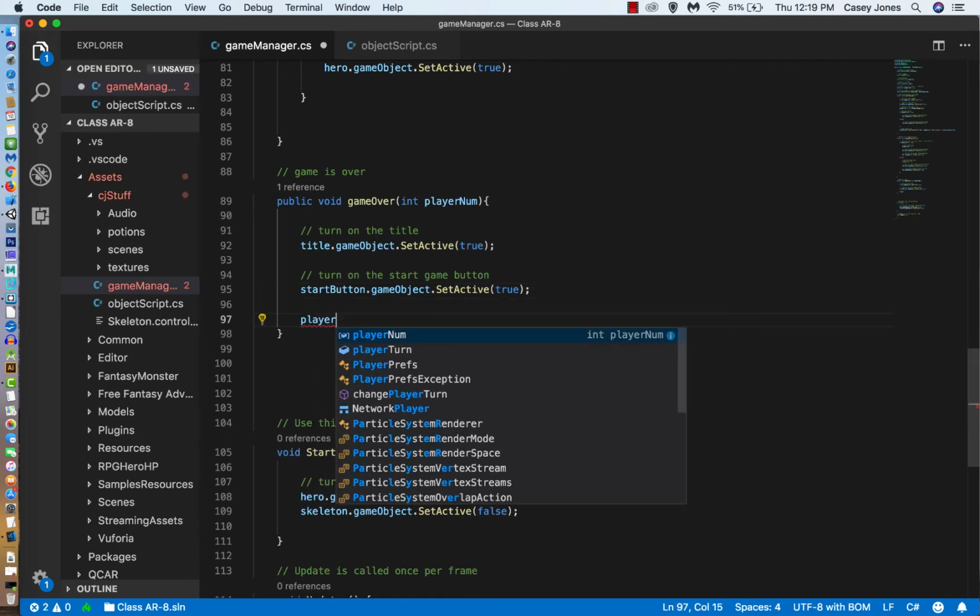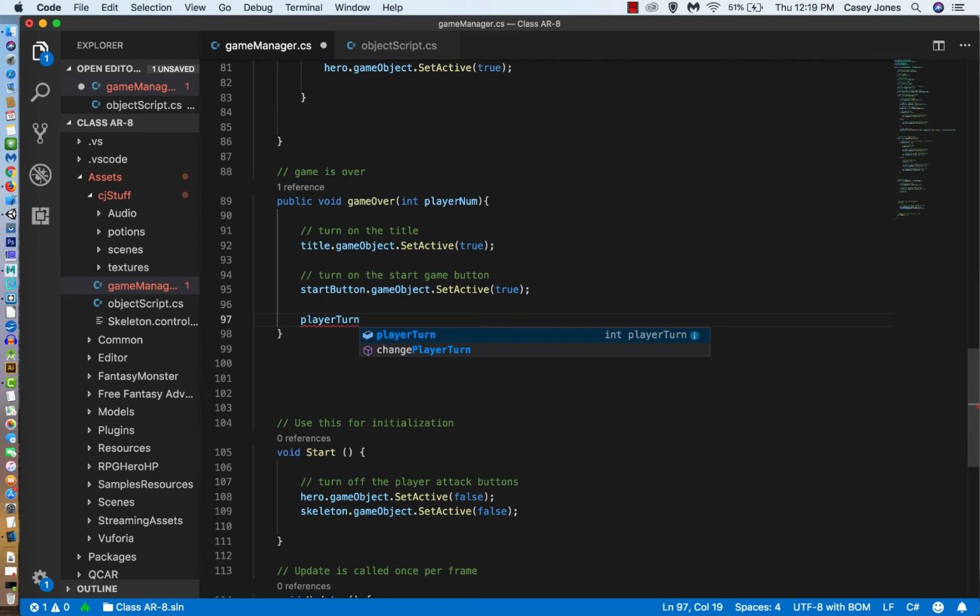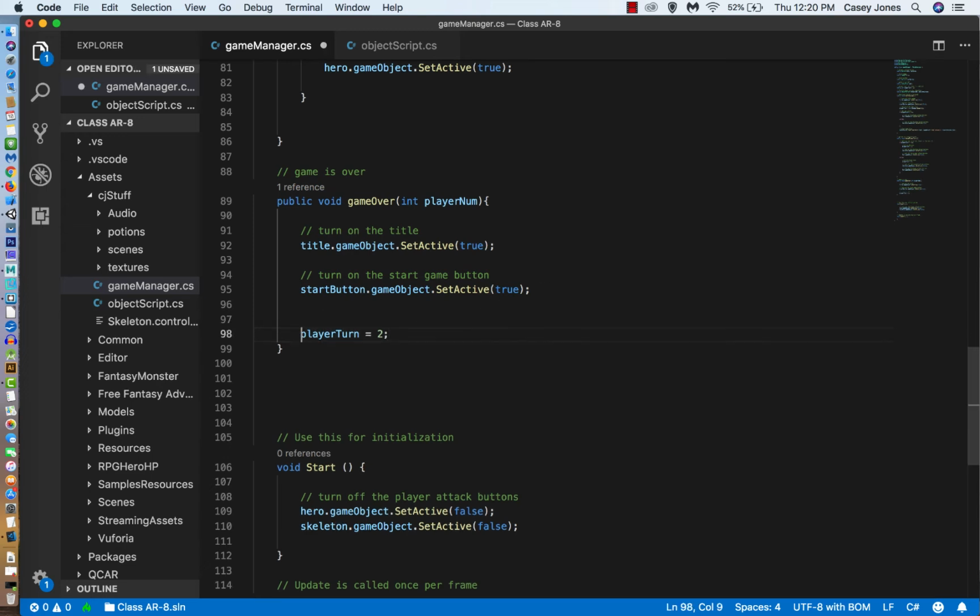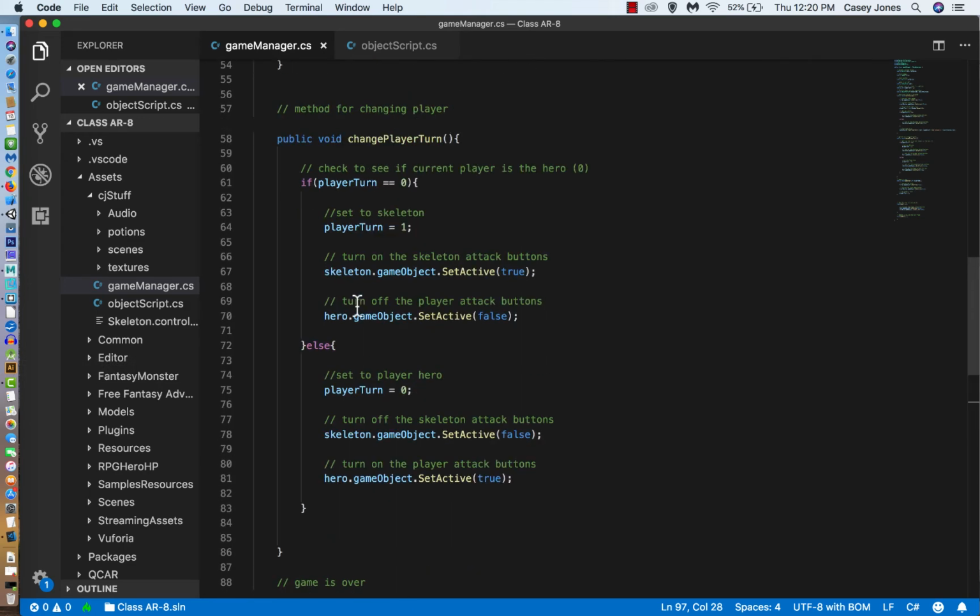I need to make sure that player turn is set to 2, because once either the player or the skeleton dies, it's nobody's turn, so I don't want that button to pop up like it did right there at the end. And then when the game starts, when we press that start button, that's when we're going to need to reset our characters. So I'm going to come up here,